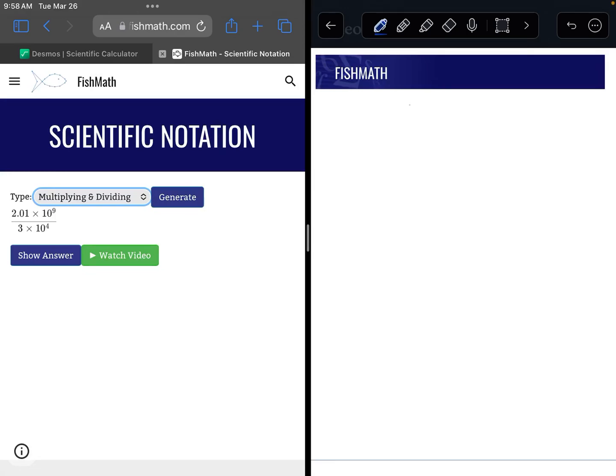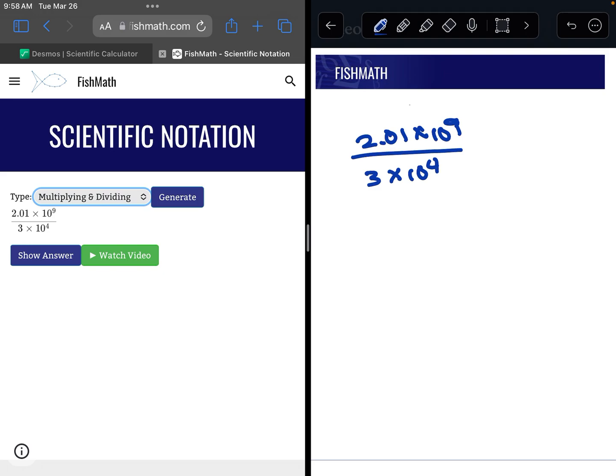Multiplying and dividing here in scientific notation. So the first problem we see is a dividing problem. You can tell because it's got the division line or the fraction line. So 2.01 times 10 to the 9th divided by 3 times 10 to the 4th. So in this video, we're going to talk about how to use your calculator to do this calculation and then